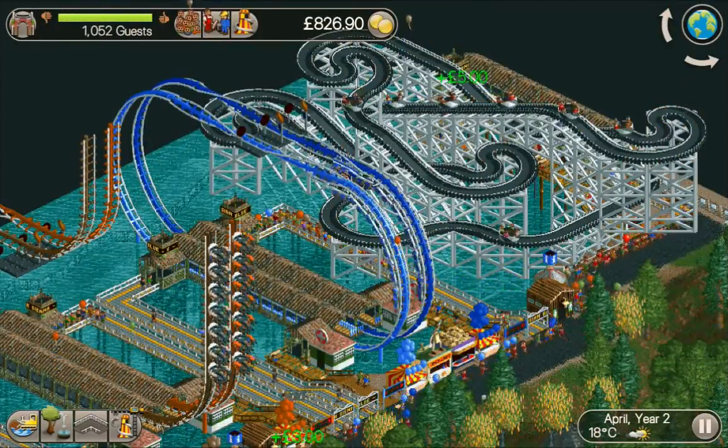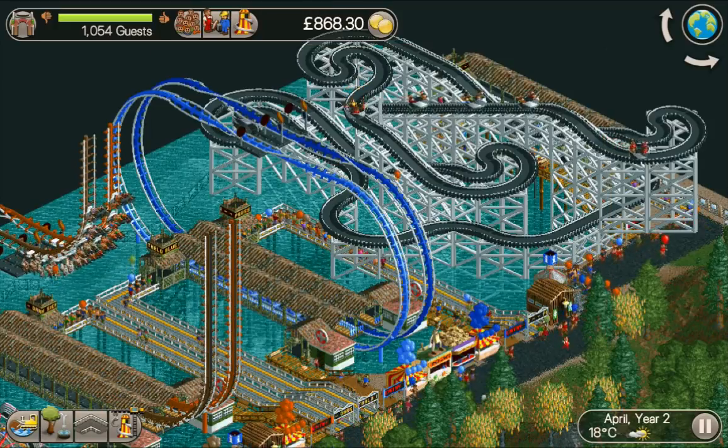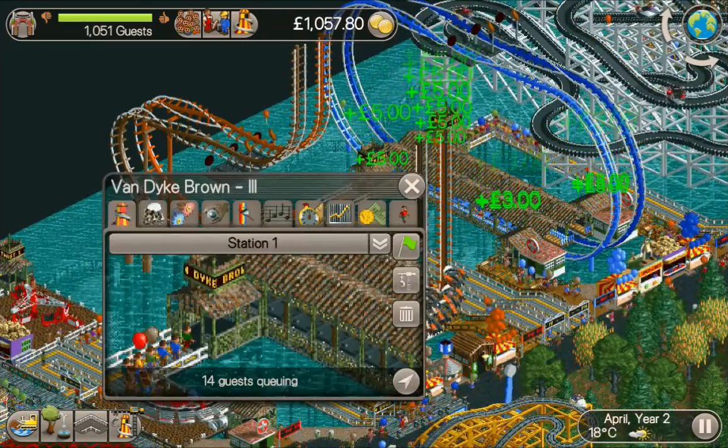April year 2, we've got 1,050 guests in the park. Money-wise, it's rolling in the cash. We're swimming in cash at the moment. So we've got a couple of limb coasters here. I didn't say the names of these. So we got Van Dyke Brown,